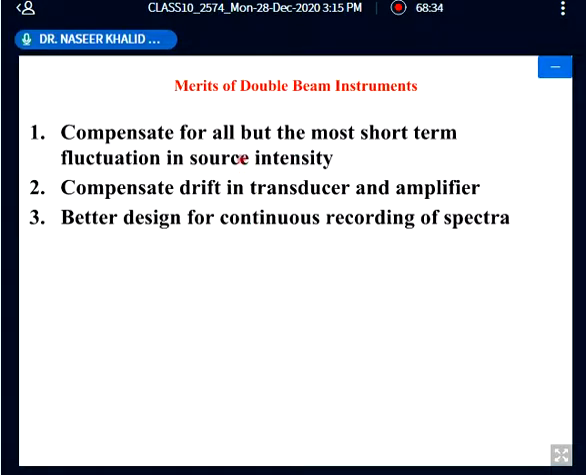Now, the merit of the double beam instrument is that it compensates most of the short-term fluctuations. Whatever short-term fluctuations are there, they are compensated in the double beam instrument. It compensates the drift of the transducer as well, so if there are certain drifts occasionally, they can be compensated with the help of the double beam instrument. And it is a better design for continuously recording the spectra. If we are going to record the spectra for a longer period of time, it